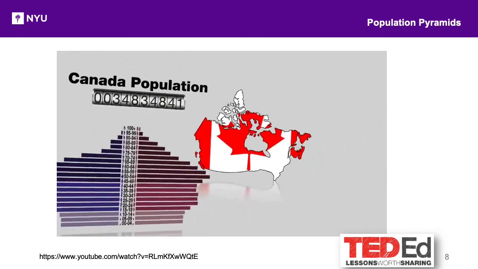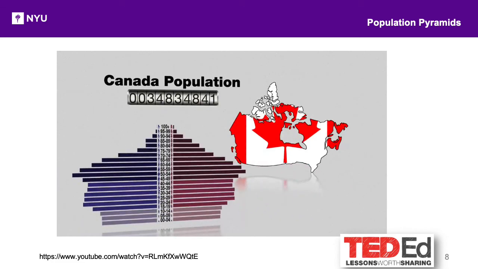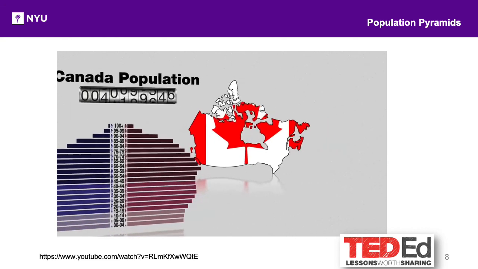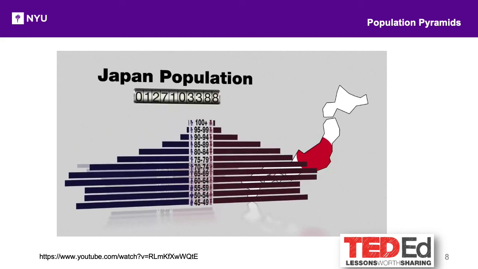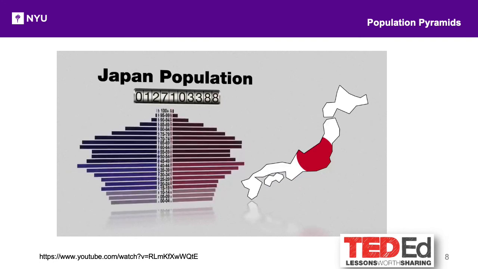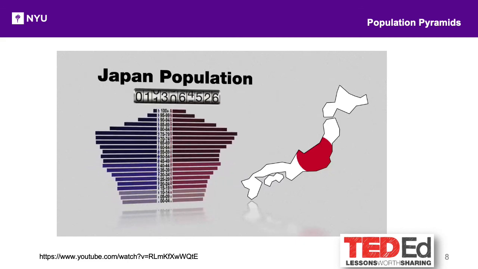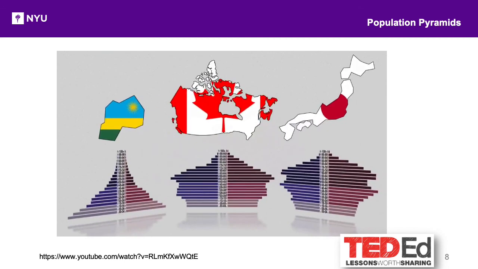For our second example, let's look at Canada, where most of the population is clustered around the middle of the graph. Because there are less people in the pre-reproductive age groups than there are in the reproductive ones, the population will grow more slowly as the number of people reaching their reproductive years decreases. Finally, let's look at Japan. Because the majority of its population is in its post-reproductive years, and the number of people is smaller at each younger interval, this means that at current rates of reproduction, the population will begin to decline as fewer and fewer people reach reproductive age. Comparing these three population pyramids side by side shows us three different stages in the demographic